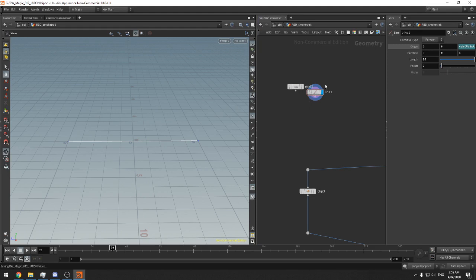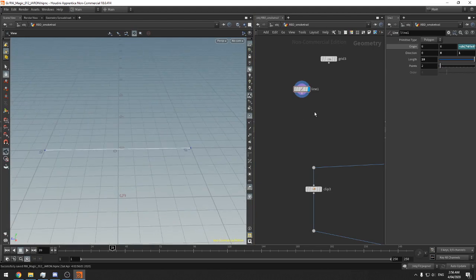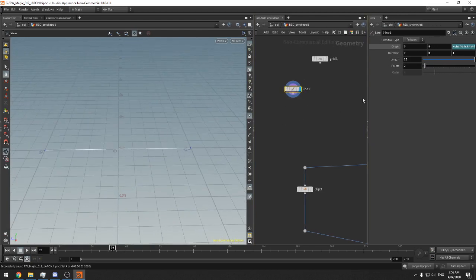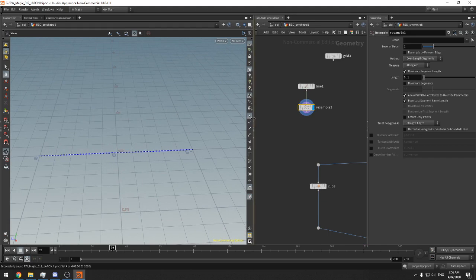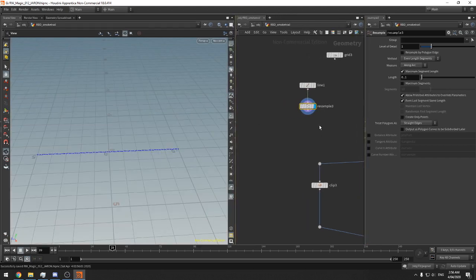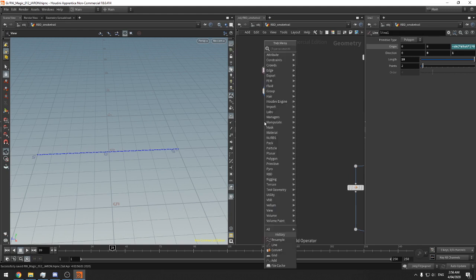Now I'm going to save it. And it's going to take forever because I forgot. That takes a long time to save. And then what I want to do is, so if I do a resample node here, this is probably a bad idea. But if I do a resample, I can then just say, hey, give me